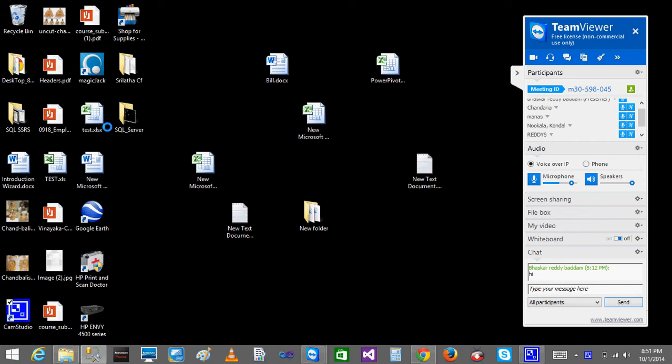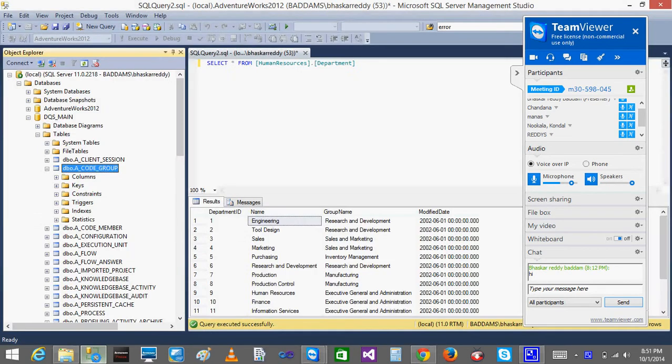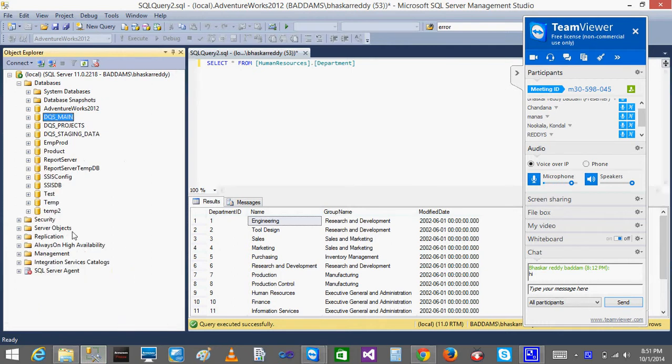To say about the database, how the data is stored in the database and what are the different kinds of files you have in the database. Okay. Now I go to my management studio. When I go to this management studio, I can see all my databases, right? Let's go to the database which I have created now.